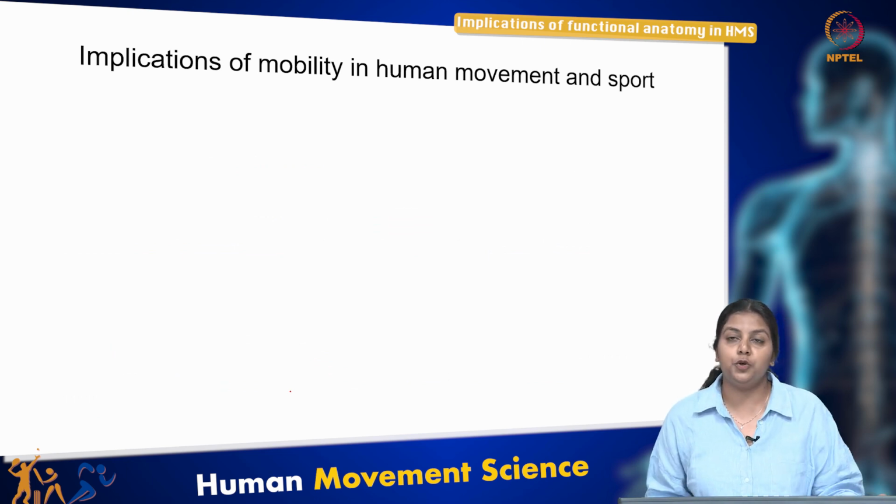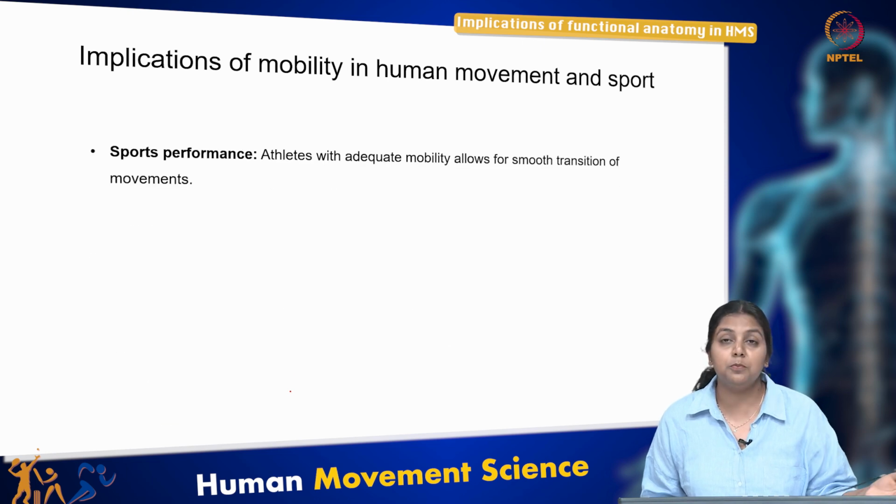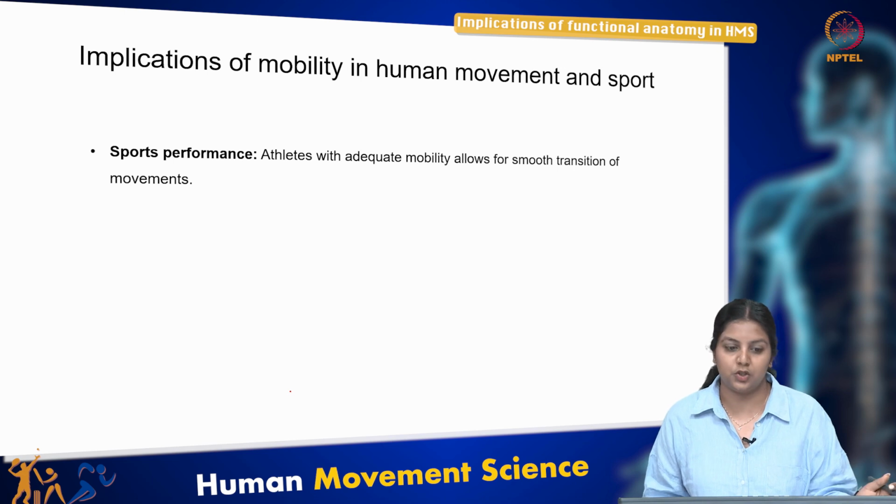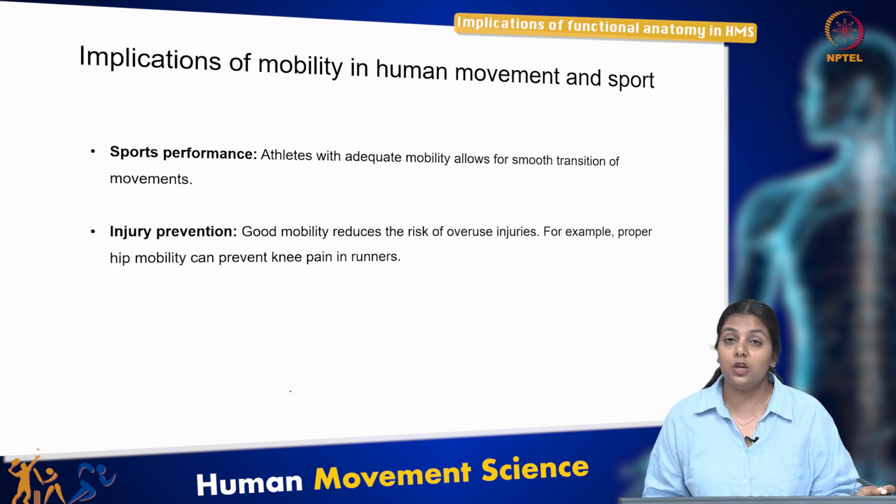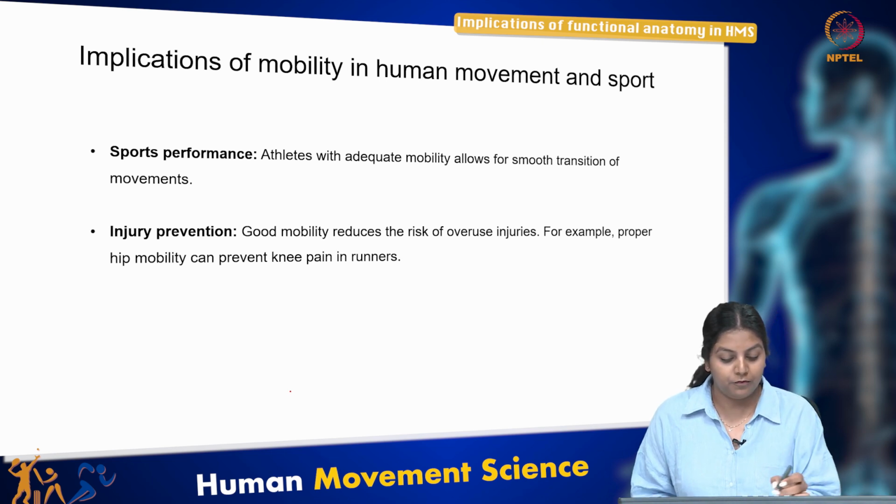Implications of mobility in human movement and sport. Let's look at what are some of the implications. So in sport performance, athletes with adequate mobility allow for smooth transition of movements. So we've also already looked at this before. Injury prevention. So good mobility obviously